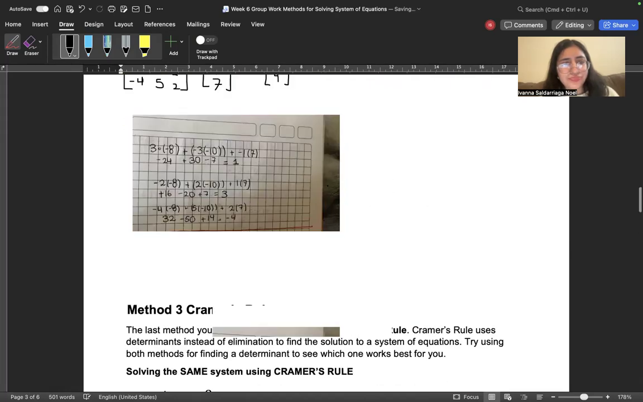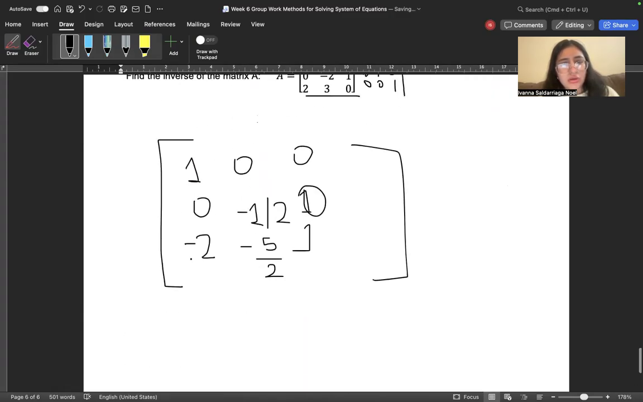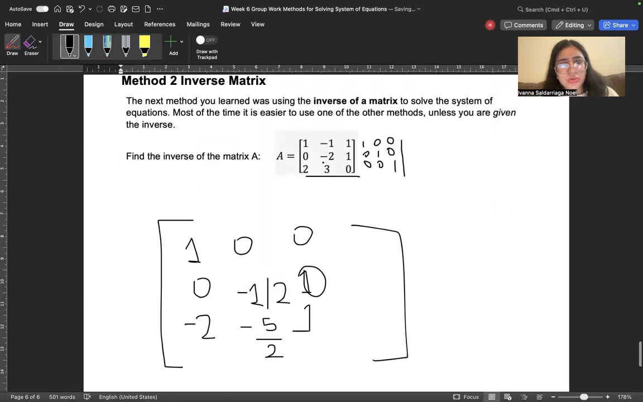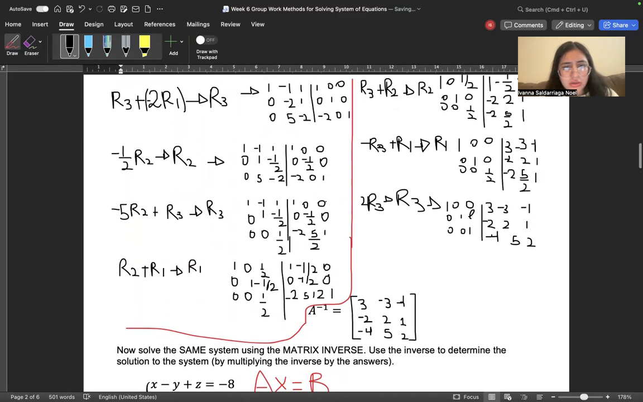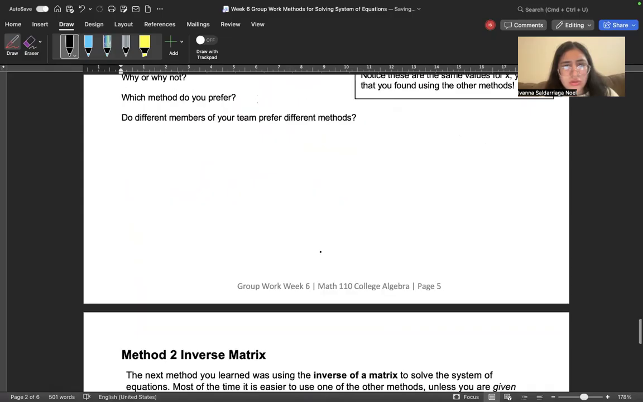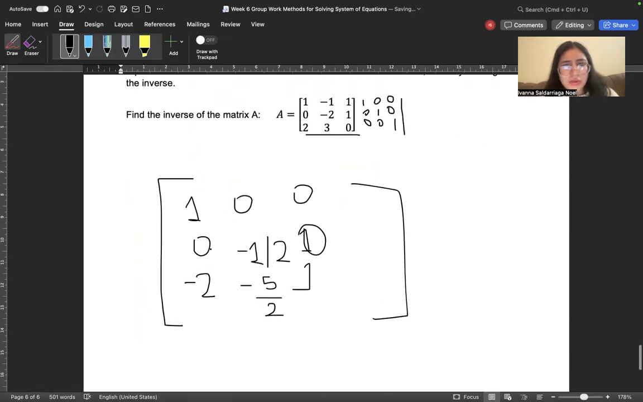And then R2 plus R1. Row 2, row 1, row 2, minus 2. This number goes minus 2. Oh, let me check again. Oh, this number is 1. Sorry. Minus R2, row 2 plus row 1. This number goes minus